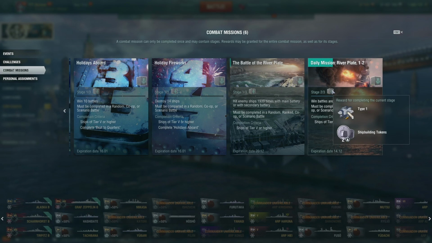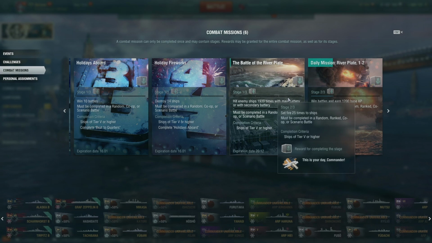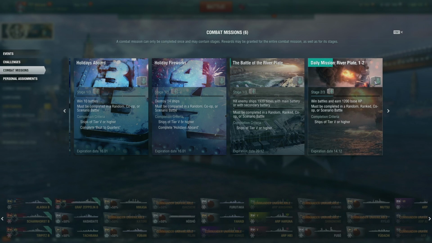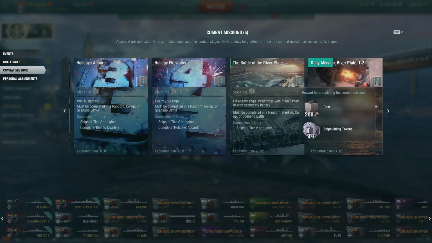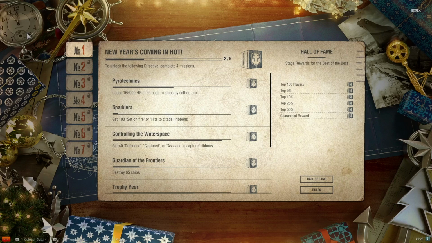Oh, see, this gives you 2 shipbuilding tokens. And I guess maybe the missions in between give you shipbuilding tokens. But anyway, you can get some shipbuilding tokens from the combat missions. But most of them actually come from directives. These things, you get